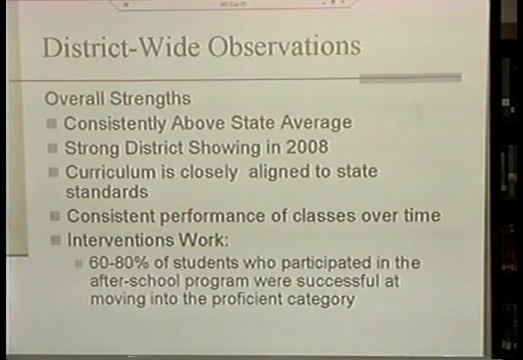One thing we're going to take a really quick look at is consistent performance of classes over time. When you look at something like the rankings, or you look at the scores that come out, there's a tendency to show 10th grade last year versus 10th grade this year, and how did we do? And that's wonderful, but they're different kids and they're different tests. So there's a lot of variables involved. I think where we're at, in terms of helping kids make gains, and individual kids and groups of kids make gains, we really need to look at them longitudinally and study the class over time and how they're progressing.